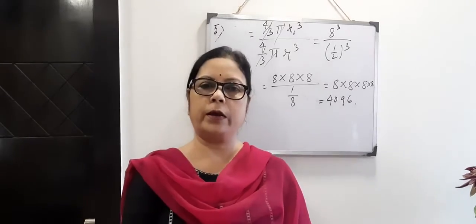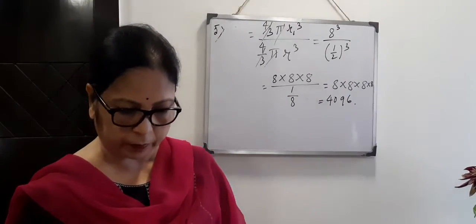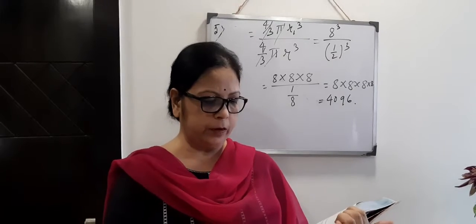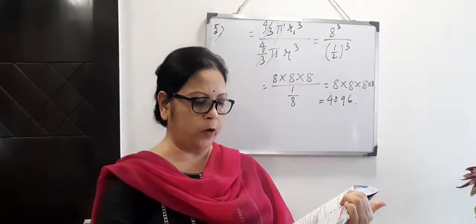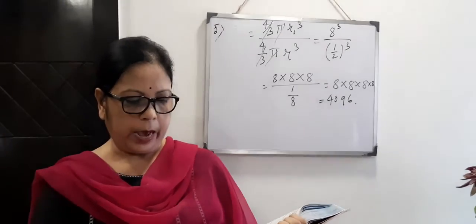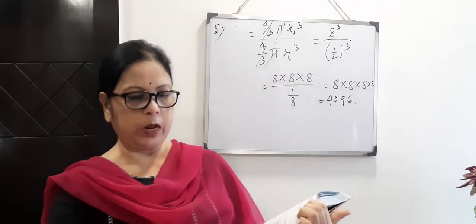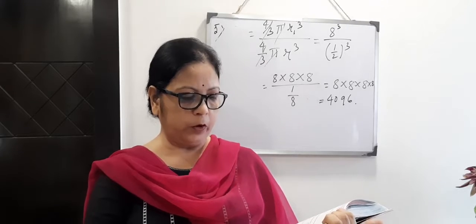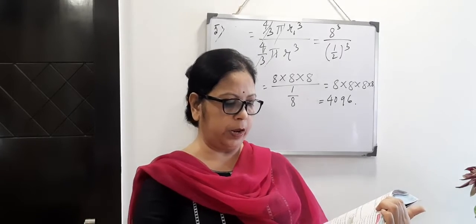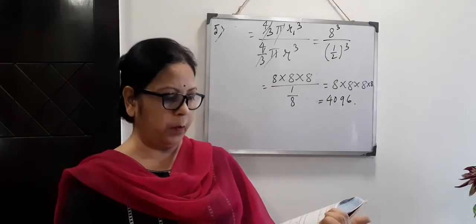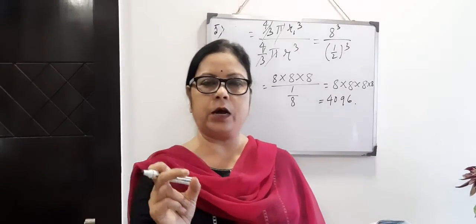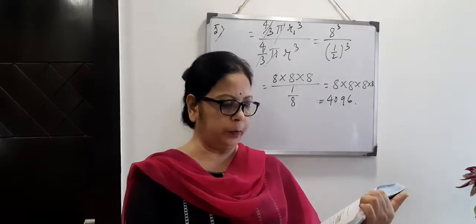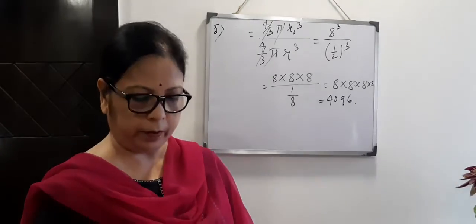Okay, 4096. Now number 6. The base radius of a solid right circular iron rod is 32 centimeter and its length is 35 centimeter. Length means here you can consider it as height. Calculate the number of solid cones of 8 centimeter radius and 28 centimeter height that can be made by melting this iron. When this melting will come, then you will divide the volume of bigger one by volume of smaller one. Here also there is given a solid cylindrical iron rod.